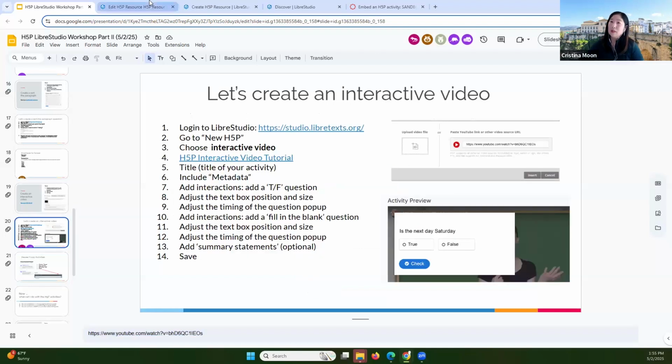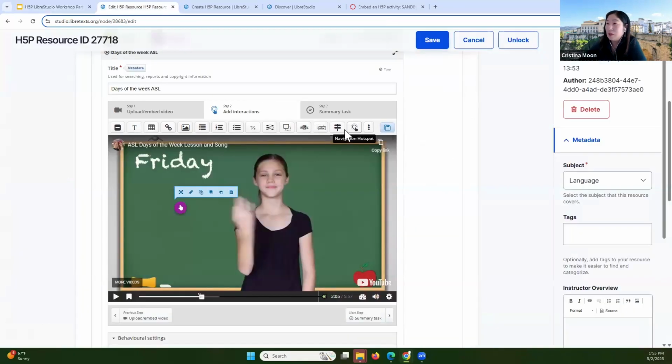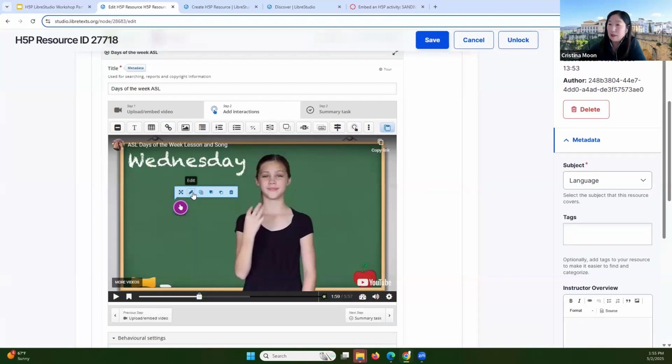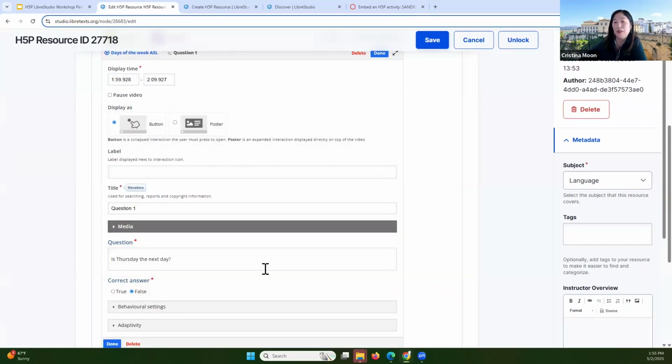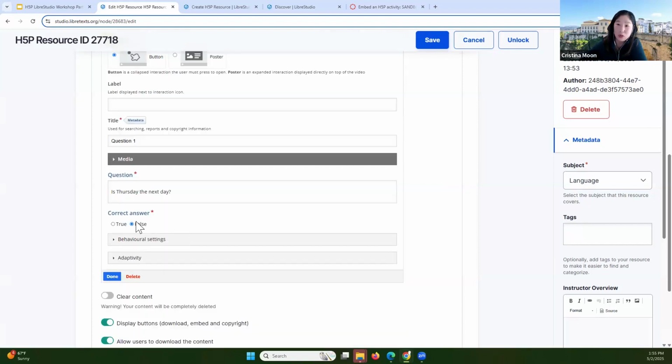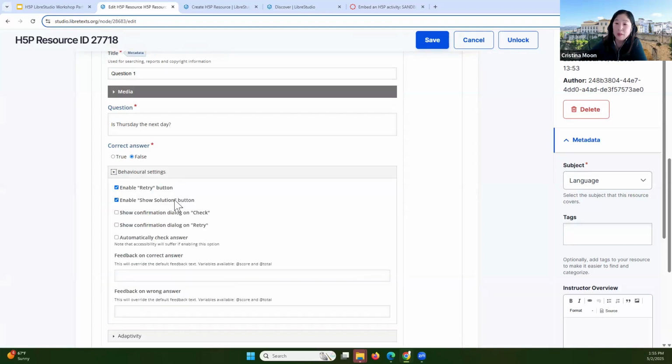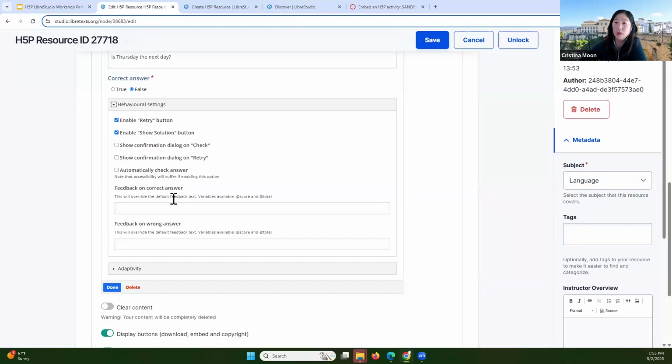No. It's one of these, sorry. I had it right there. Oh, there you go. I knew it. So you have to open the actual activity, the question where it is true or false. And then under behavior, I do want this to